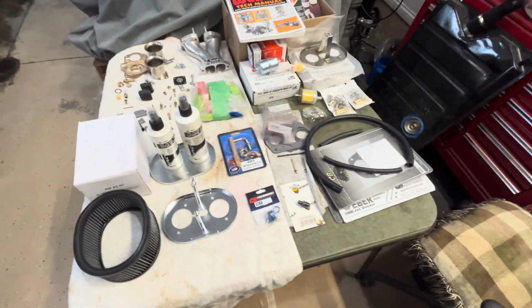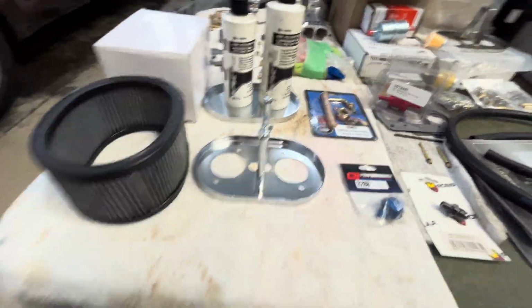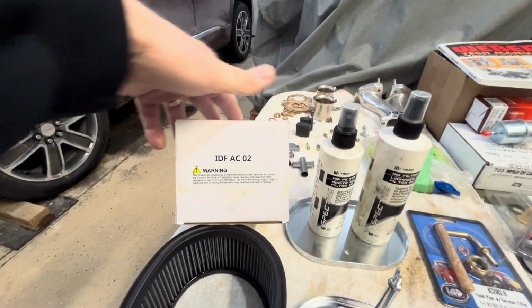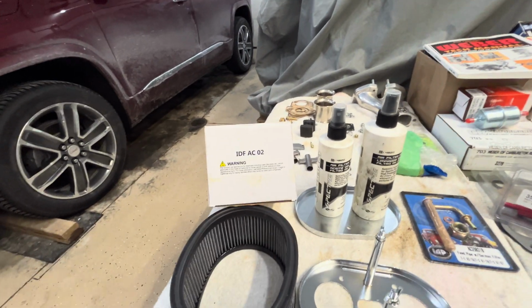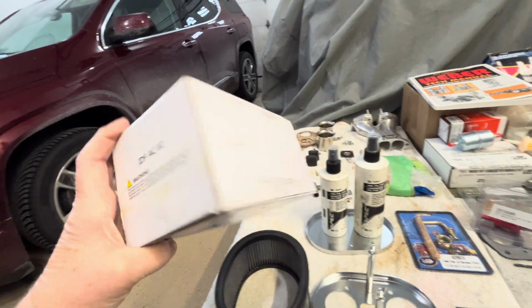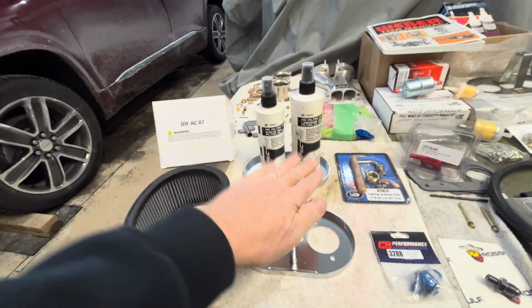So let's go through some fuel systems here. The first thing that I like, and yes, it's not from MP, it's not from Weber, and I know they have their higher versions of it, but for $25 to $35, you get an air cleaner here with dual